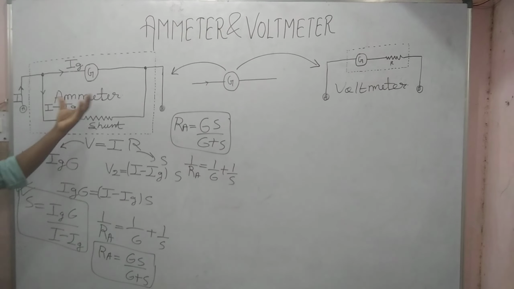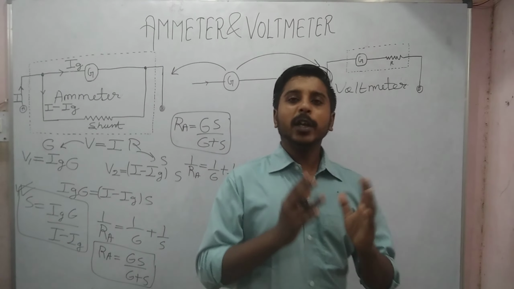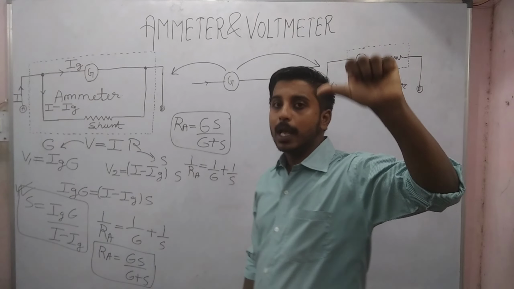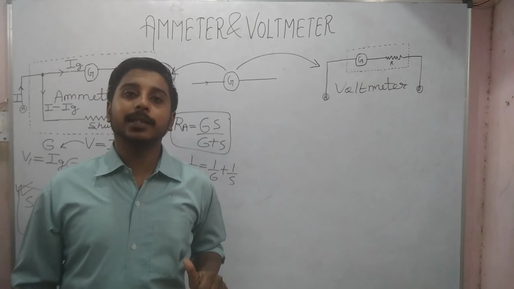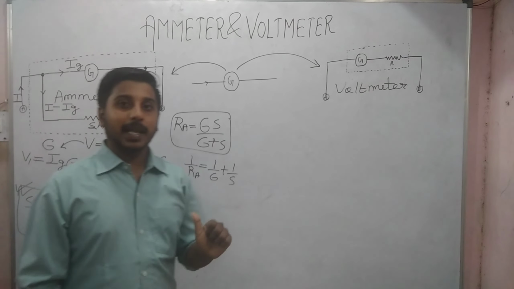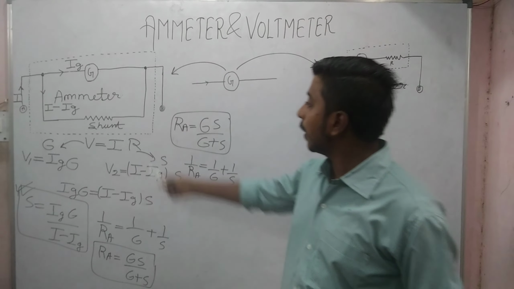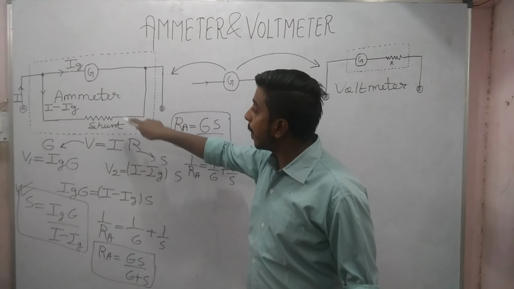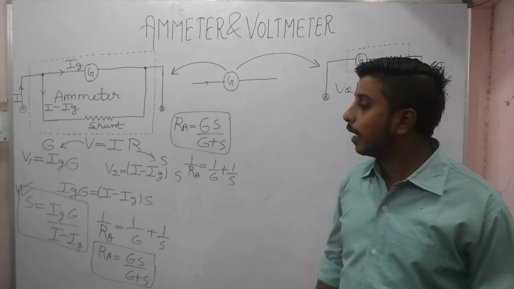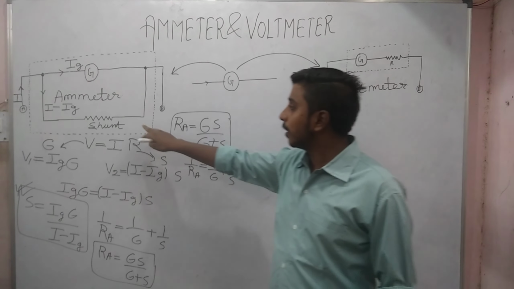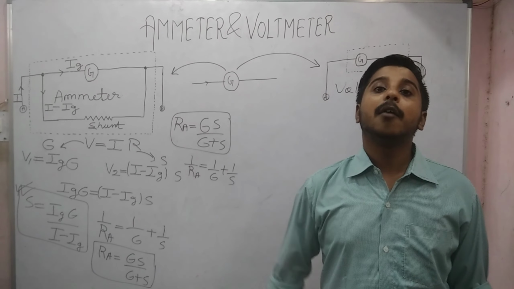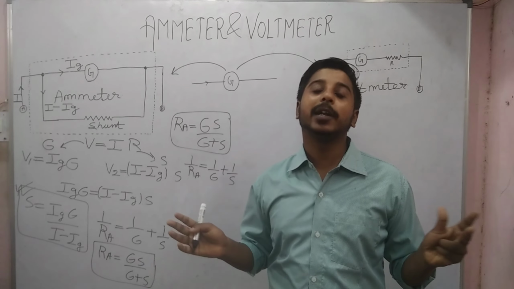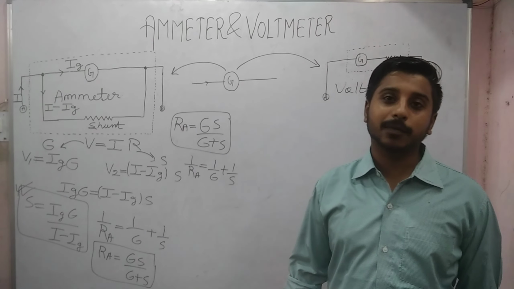So this was whole about ammeter. We need to remind a few more points about ammeter. First point, ammeter is a device which is included in a circuit to find out the current. Second, to convert galvanometer into ammeter, a small shunt resistance is connected parallel to the galvanometer. Third thing, the resistance of the shunt is very low, so here the resistance is very low, while the resistance of the ideal ammeter is zero. It has no resistance. It allows whole of the current to pass through it.